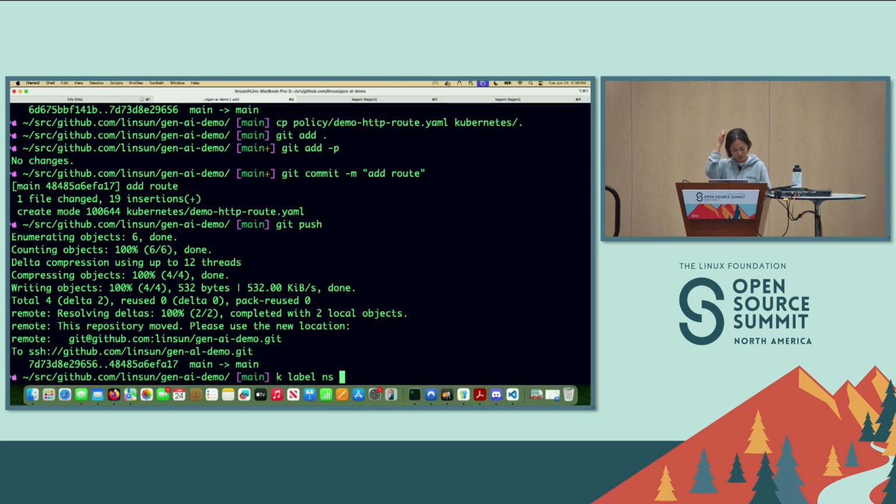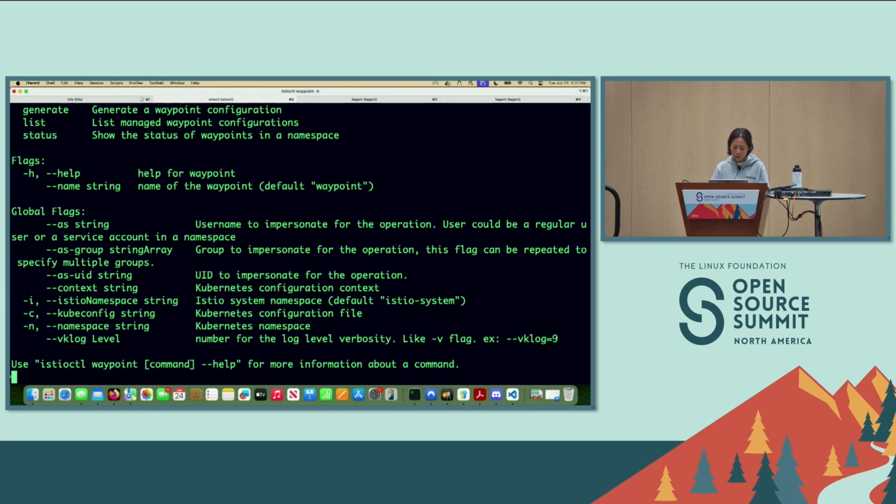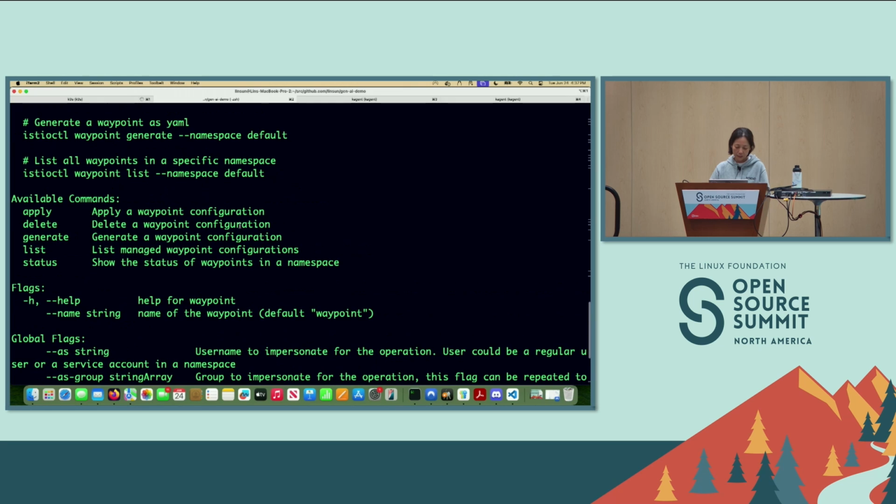And correct me if I'm wrong for the two of you who already know Ambient. All I need to do is label the namespace with data plane mode equals ambient. That's all I need to enroll all the pods in the default namespace into Ambient. And the other thing I'm going to do is also deploy a waypoint proxy in the default